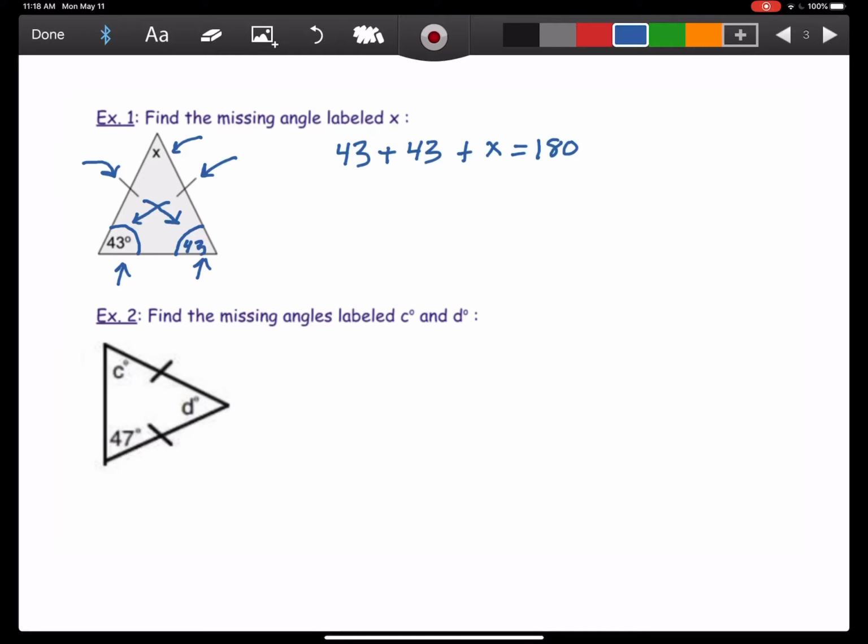Once we've determined that, we can use what we practiced last week to figure out x. So we combine 43 and 43. We rewrite the equation. We subtract. Okay. And we get